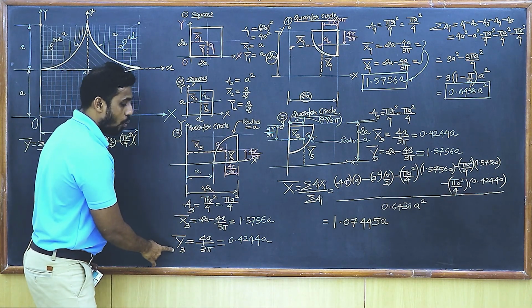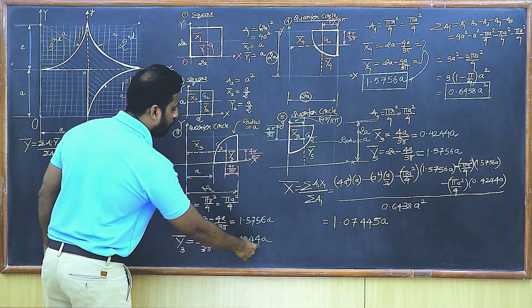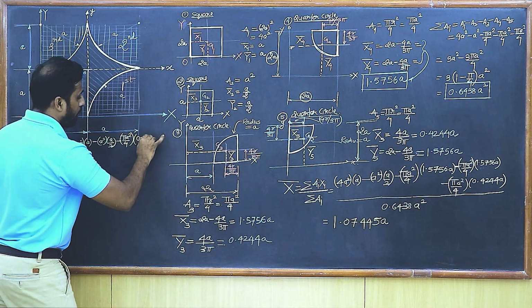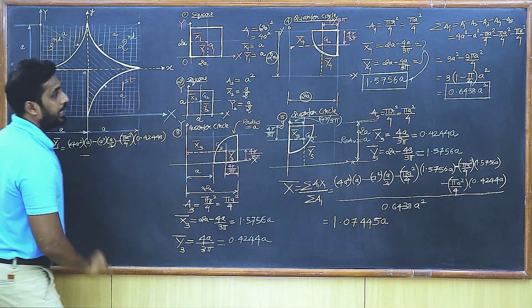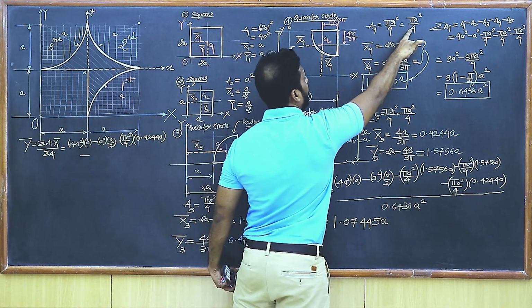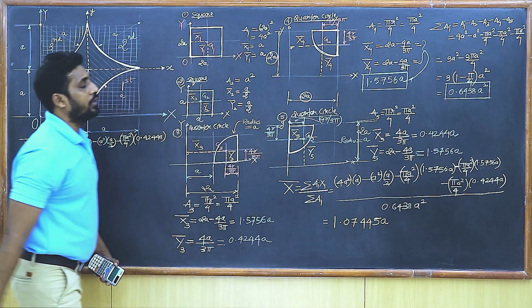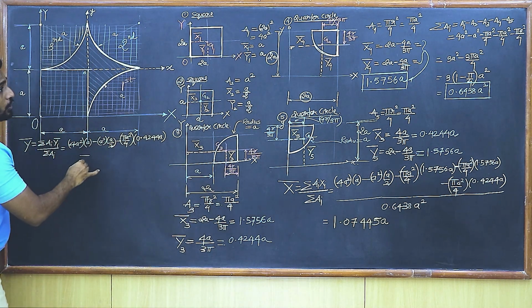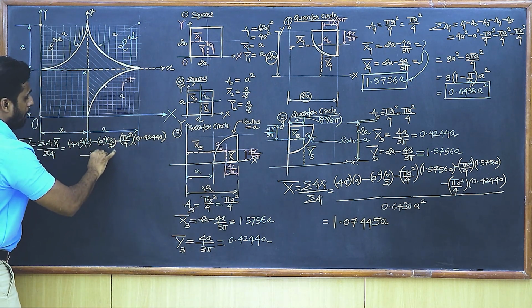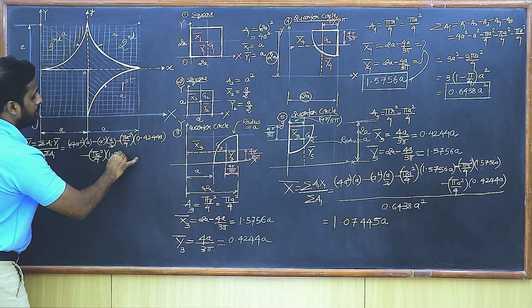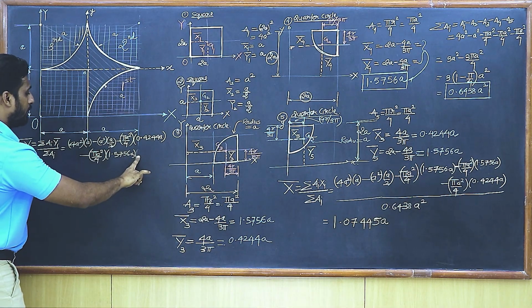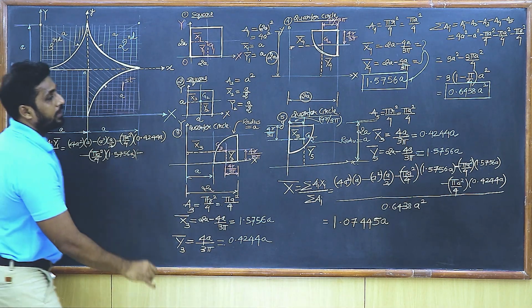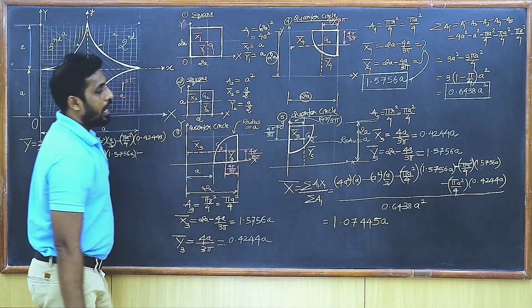This multiplies with y3 bar, which is 0.4244a, then a minus sign again. The next area is a4, pi a square upon 4, which multiplies with 1.5756a. So that's pi a square by 4 multiplies with 1.5756a, and again finally the last value is a5, which is pi a square by 4, and y5 bar